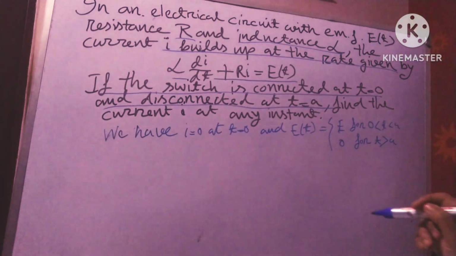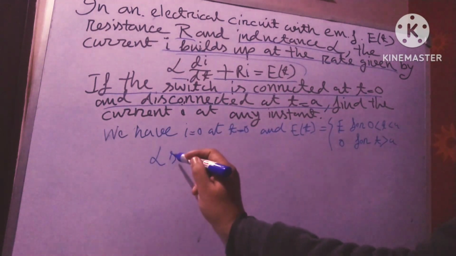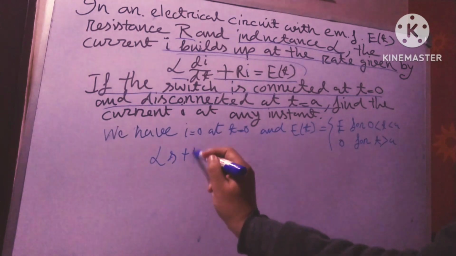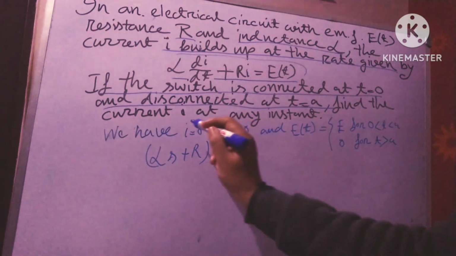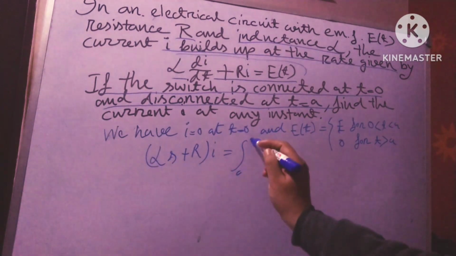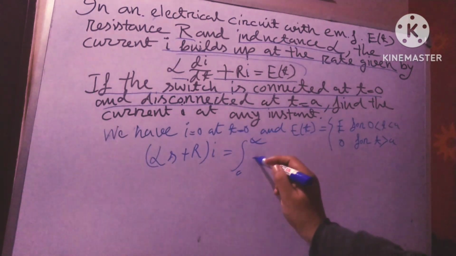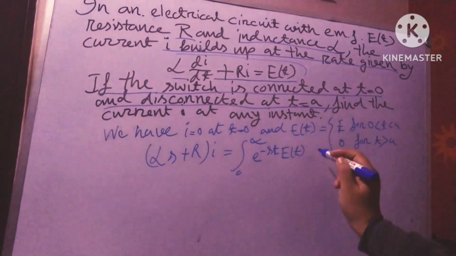In this case I get L into s plus R into I bar, since I = 0 at t = 0, for the term L di/dt. On the right side, the integral from 0 to infinity of e to the power minus st times E(t) dt